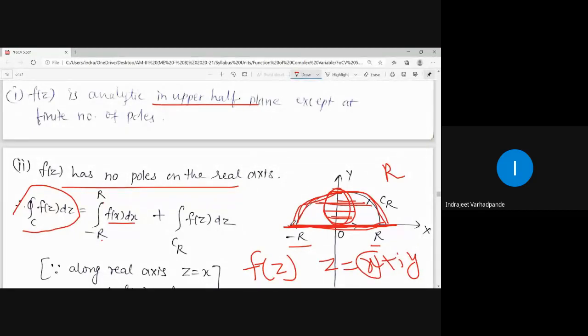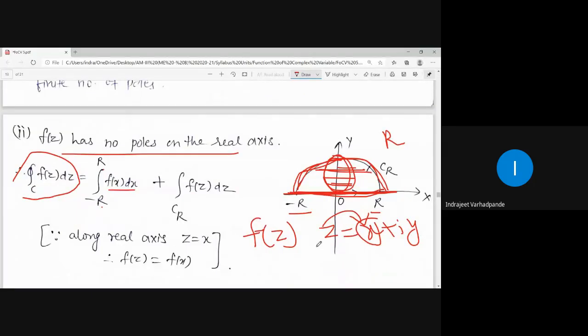So along a real axis, z is nothing but your x. Along the imaginary axis, z is y. So on the real axis the imaginary part is 0. Therefore, along a real axis, z is nothing but your x. Therefore, f of z becomes f of x, and dz becomes dx. So one part of this closed curve C is part of the real axis moving from minus r to r,